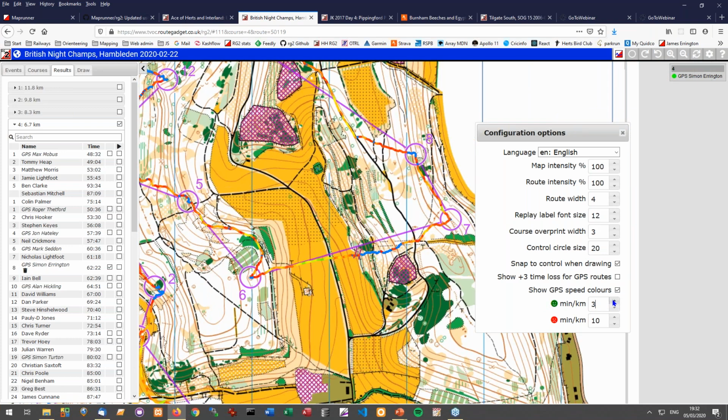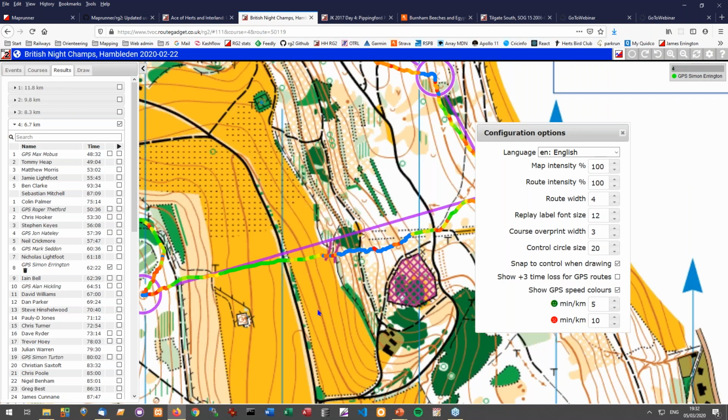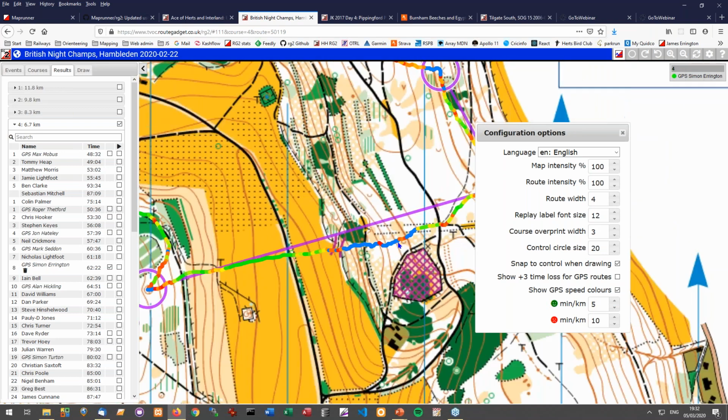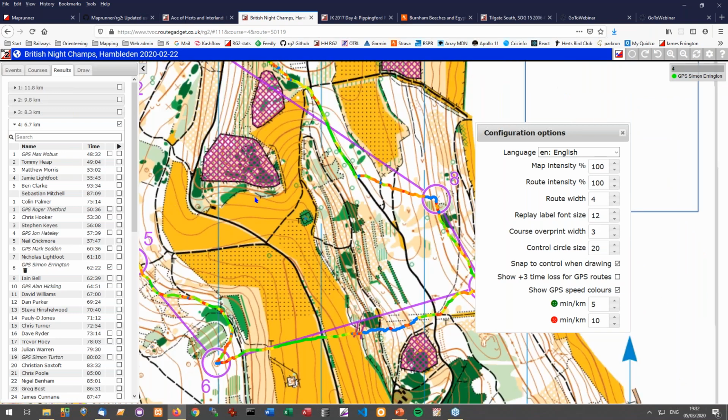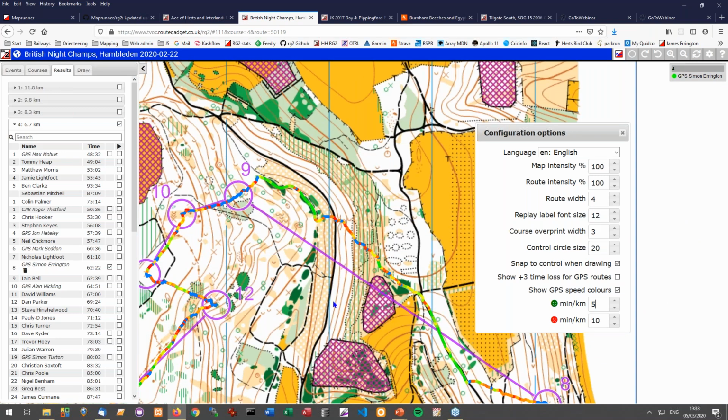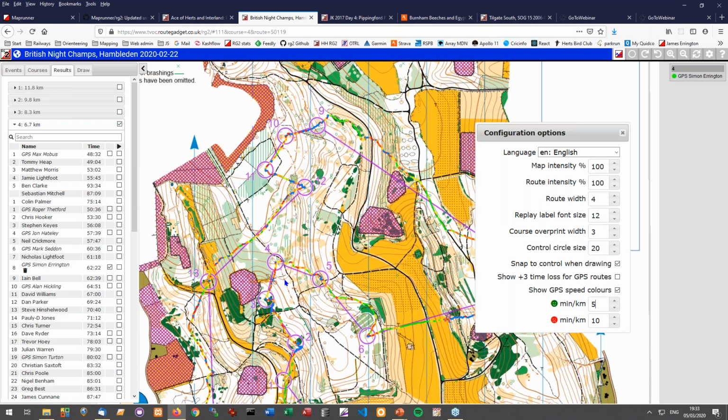So this is actually quite an interesting feature when I've been playing with it. You can start to see all sorts of things. Clearly running uphill is a problem. What this is beginning to highlight to me is that I'm having real problems running downhill fast as well. So this is a downhill slope, but it is through rubbish. But I can see here I'm really going quite slowly down that hill. There's a very similar issue over here.